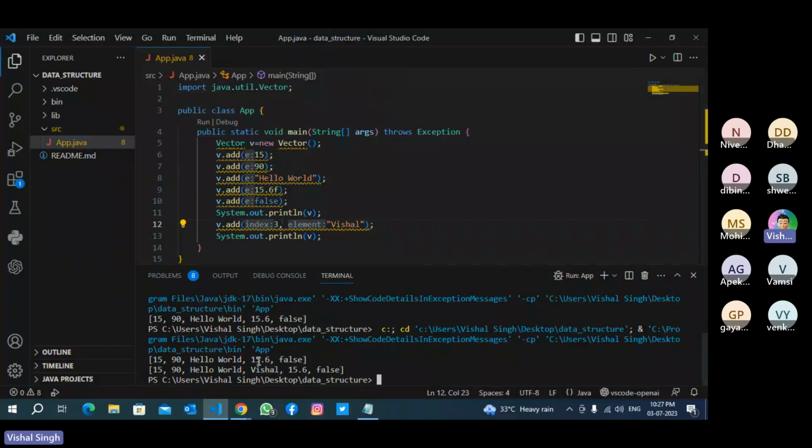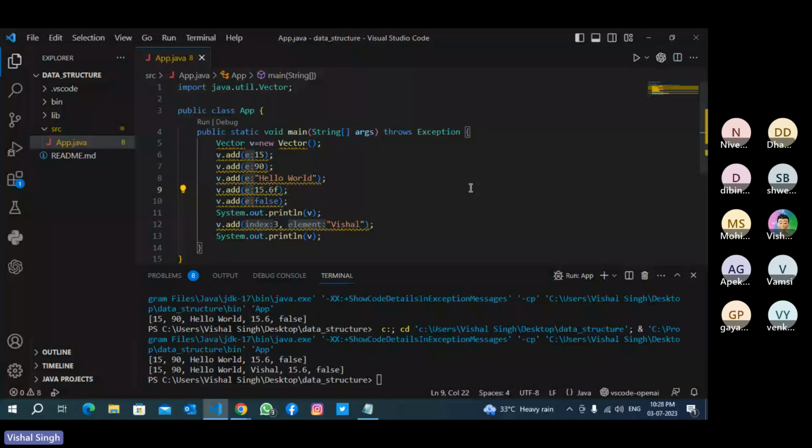and other elements will be shifted automatically. So we don't have to create the structure ourselves. This is the structure. If someone asks you what a vector is, a vector is a data structure where you can organize data. You can add data, remove data, insert data, append data, you can clear the vector.